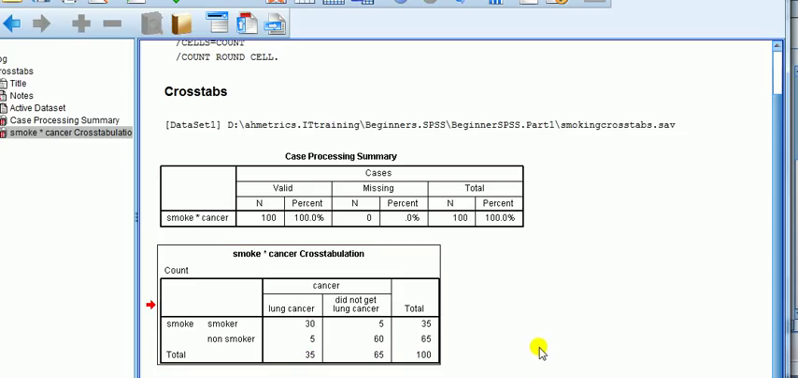Okay. Just looking at this, it gives us an idea that smokers tended to have more lung cancer than non-smokers. Okay. But because the total number of smokers and non-smokers are different, it's actually easier to make comparisons in percentage terms. So to do it in percentage terms,